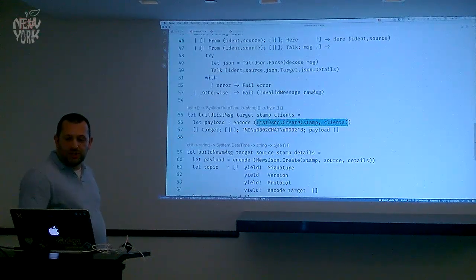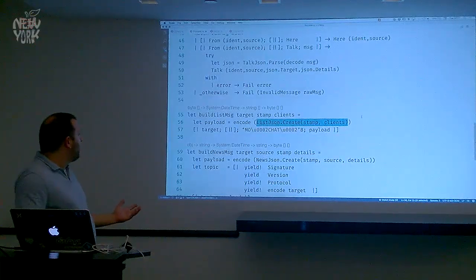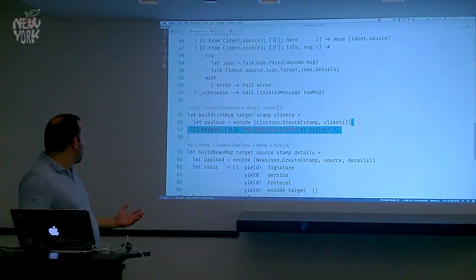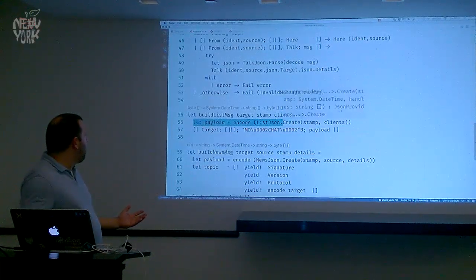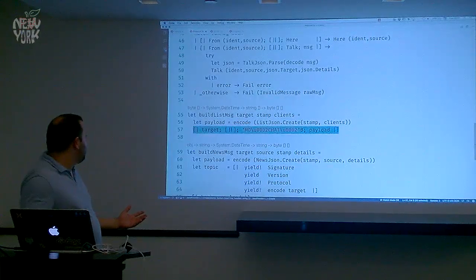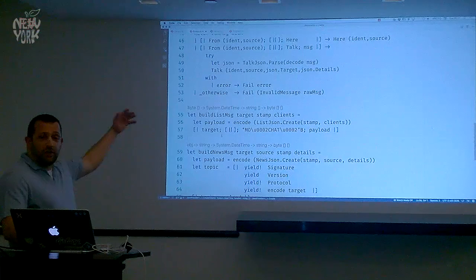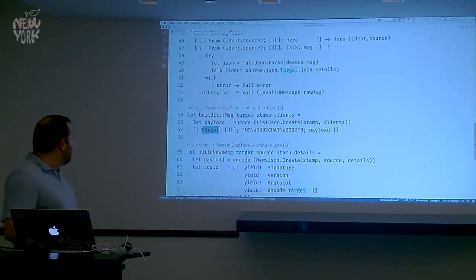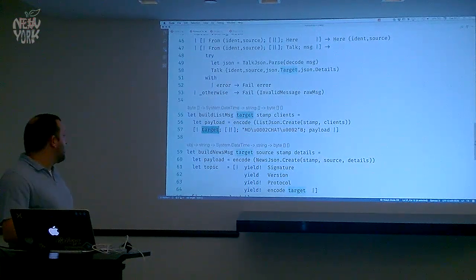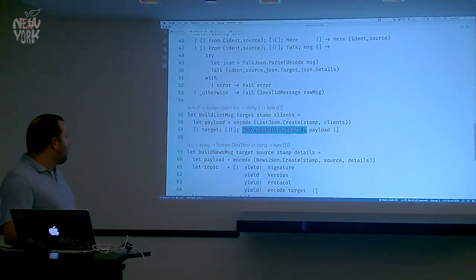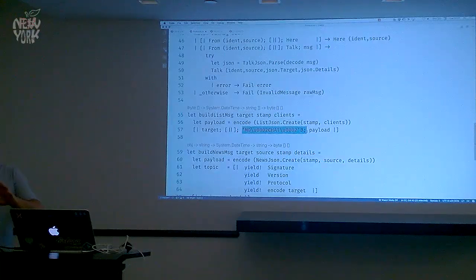We again have some JSON via F-sharp data. We create and encode our JSON, and then we go ahead and we construct our multi-frame message, our multi-part message, where here I didn't go for some long format, I went for something concise. The first frame is the target we're sending it to, then the empty frame tells us we're delimiting the routing envelope, then we create our control frame.